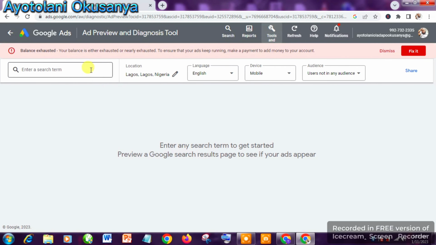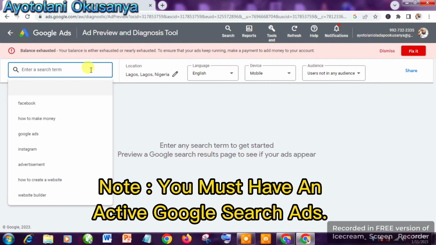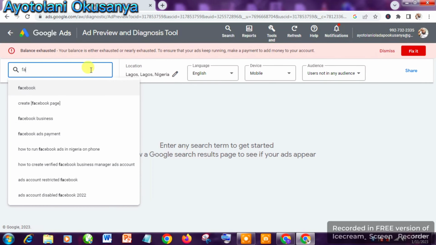So let's say, for instance, now you've created your ad. I'm not going to do much on this place. Let's just say you created your ad, and the keyword you set in your advert for people to search and see your Google search ads is maybe Facebook